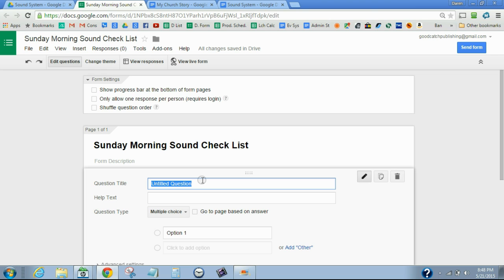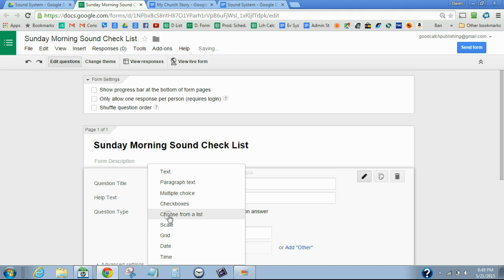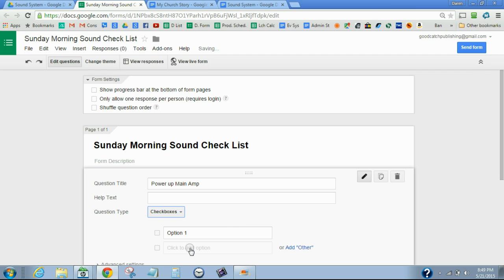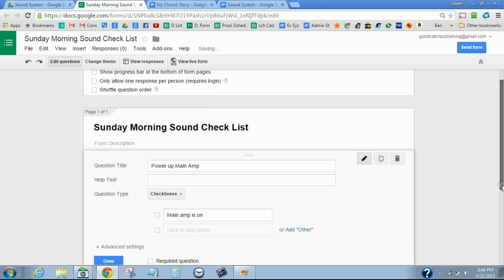So anyway, now we're going to start creating all of the items that we want on our checklist. The first thing is power up main amp. And a lot of times I just use a checkbox. Bam. And you can have multiple checkboxes, or you can have one per question. I'll show you that one first, and main amp is on. Then you can either select done if you want,